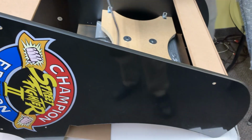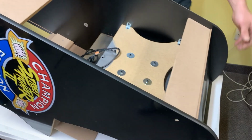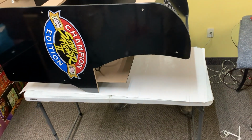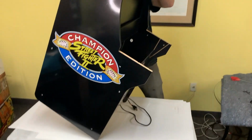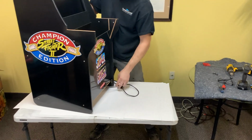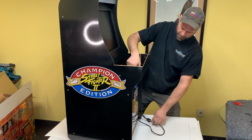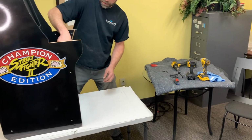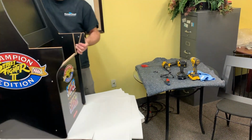All right, so keep in mind the Dell monitor makes it a much heavier cabinet. So be careful with that. You can take that panel out too while you're working on it so it doesn't bounce around like it did for me. But there you can see